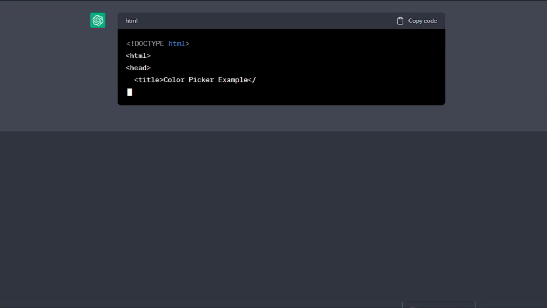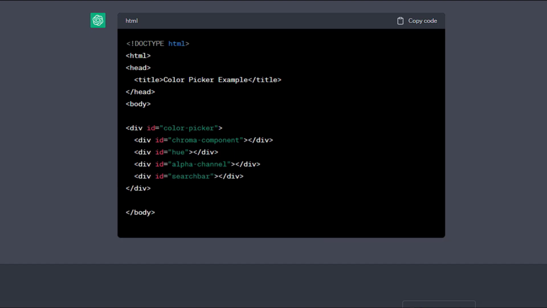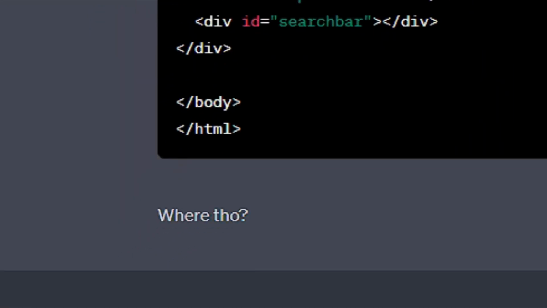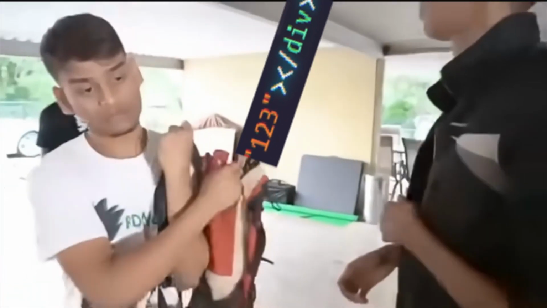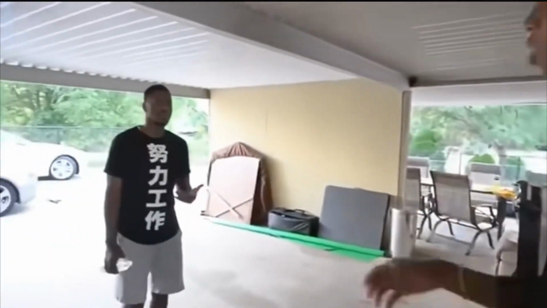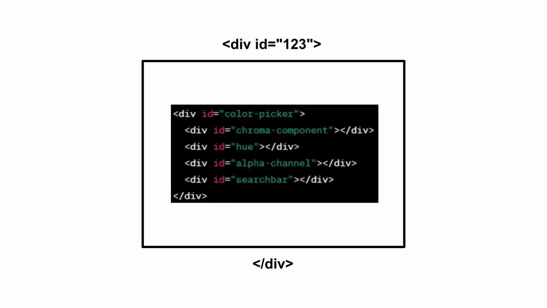I wanted my class to generate the HTML for the color picker, but it needed to know where to do that on the web page, so I added a requirement. Basically, in order to create a color picker, a developer needs to pass in the ID of an element. This element acts as a container for the color picker's HTML code.